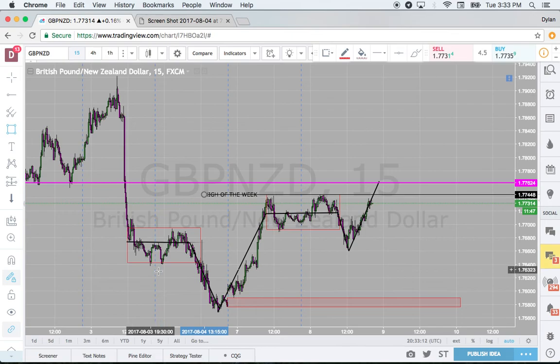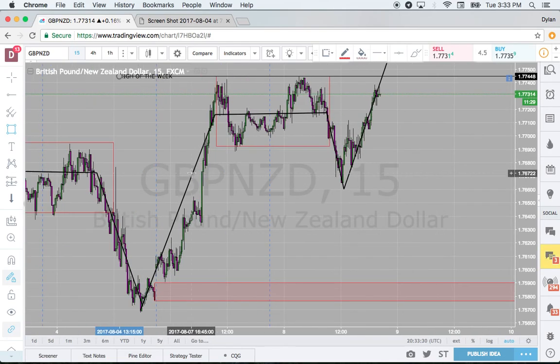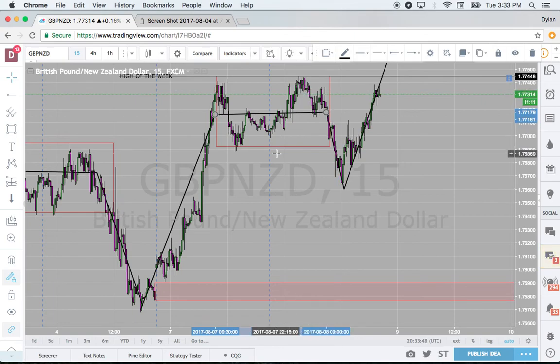Just like this consolidation was a seller's trap. They trapped the sellers and then came up and hit the stop losses. Right here again, they trapped the sellers, they induced the sellers, and look how they create a bunch of patterns. They don't just create patterns that we recognize as my students, but they create retail trader patterns that